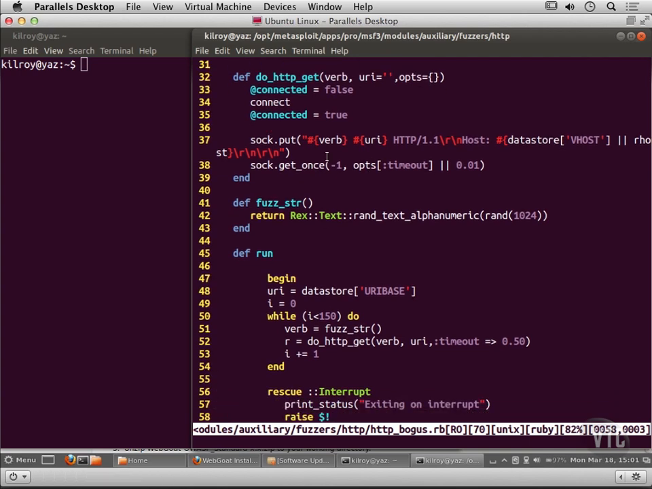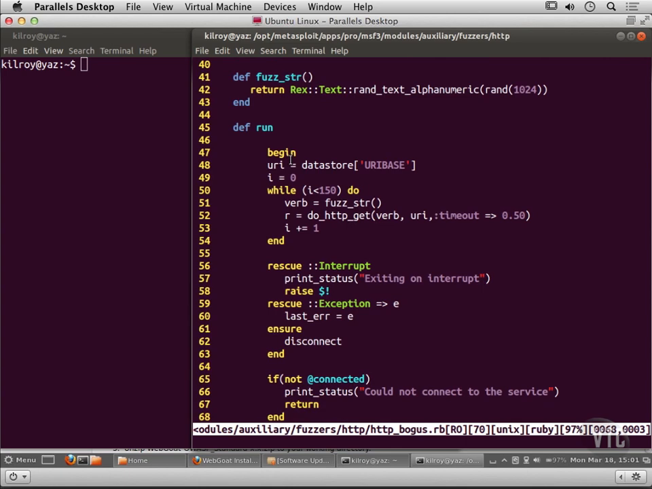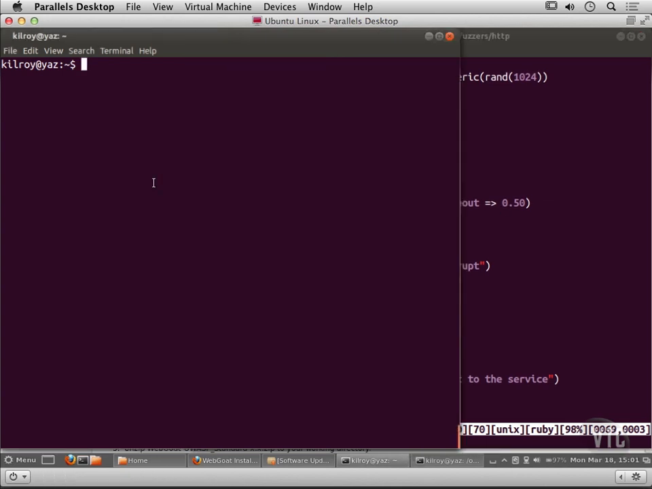Now here's where I actually do the fuzzing. And what I'm doing is I'm just getting a bunch of random alphanumeric text. And now here's where I set the different parameters that I'm going to be using. Here's where I get the fuzz string, and now I do the HTTP GET with the verb or the request and the URI, and then we set a timeout there. So let's take a look at how this actually works in